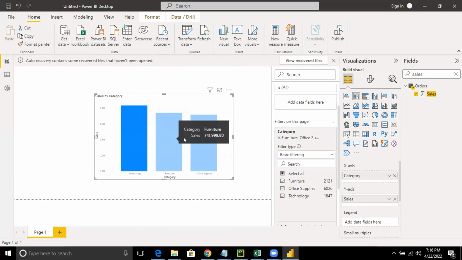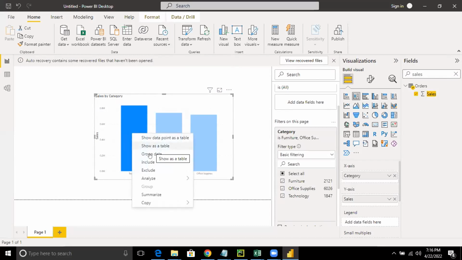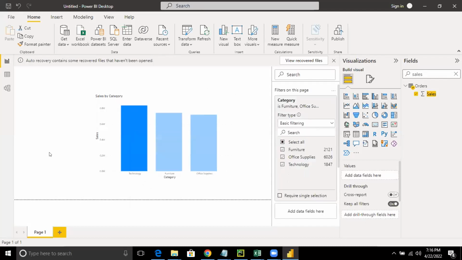Okay. Now include, exclude, you already know, I've already explained you. Anytime you can right click, show the data as table, or you can include or exclude. And you can always put a check on this. You can always put an analyzing option to see what it is doing. All right, everybody, is that clear how the basic filtering can be applied? We applied the basic filtering based on the category. So please complete this and then let's move on to the next one.